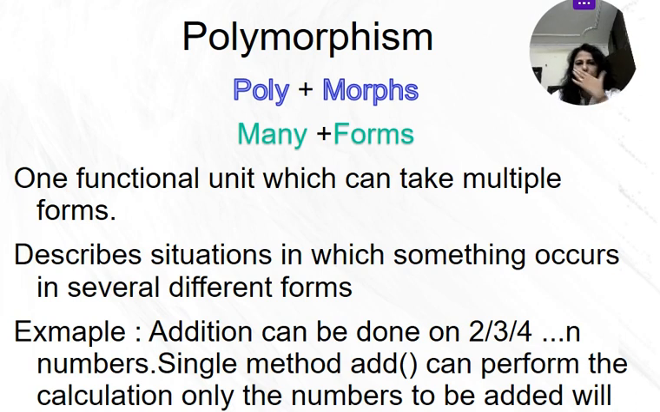And next comes polymorphism. Polymorphism: poly plus morph, many plus forms. One functional unit which can take multiple forms. It describes a situation where something occurs in several different forms. For example, addition can be done on 2, 4, or n numbers, where a single method can perform the calculation. Only the numbers to be added